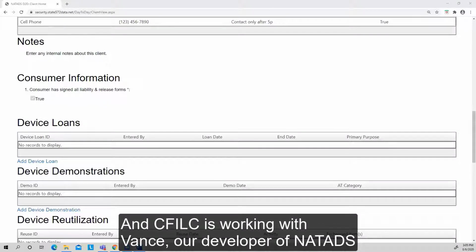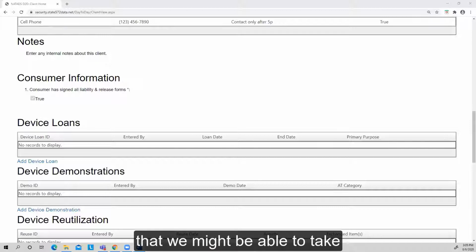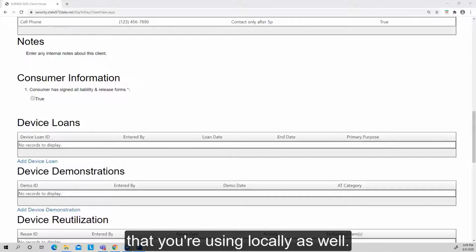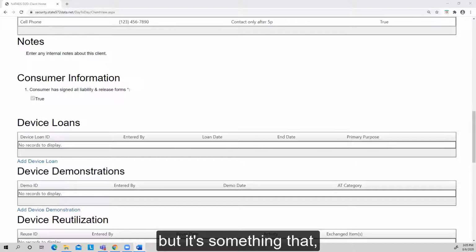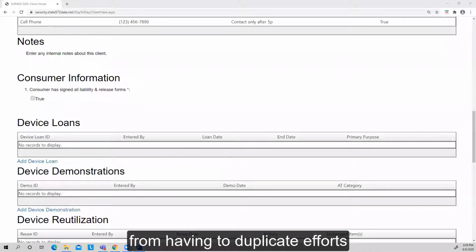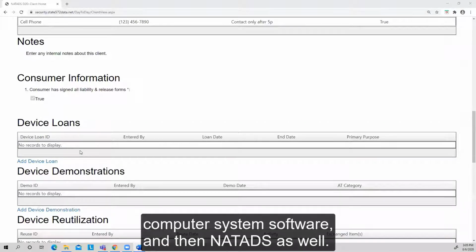And CFILC is working with Vance, our developer of NATADS, to see if there is also a way in the future that we might be able to take the data you're inputting into NATADS so that you can sync it into your system that you're using locally as well. I can't say that's on the short-term horizon, but it's something that we hope to be able to do to limit people from having to duplicate efforts and putting information into your center computer system software, and then